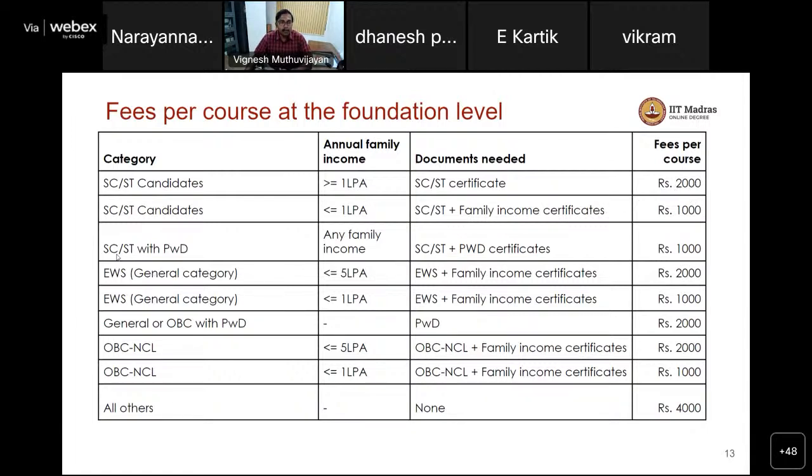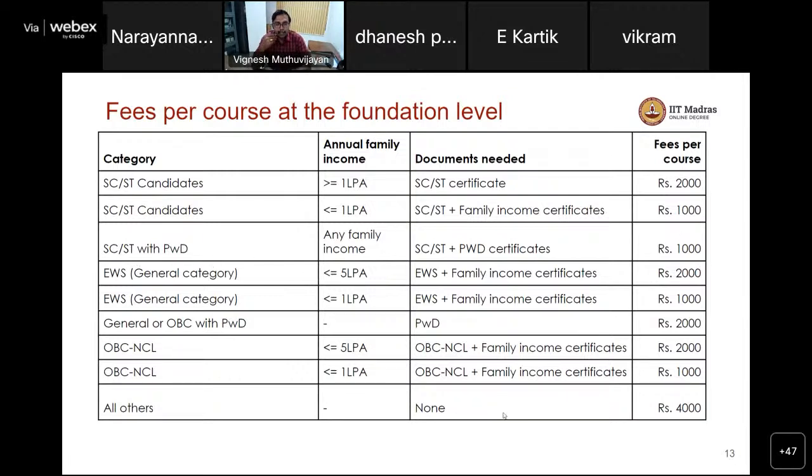And then for students who are people with disabilities, you have waivers as well. That is a 50% scholarship for all students who belong to the PWD category, and for SC/ST students with PWD, you would have a 75% scholarship.